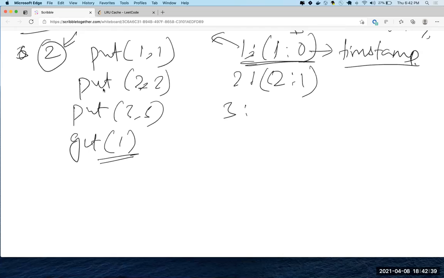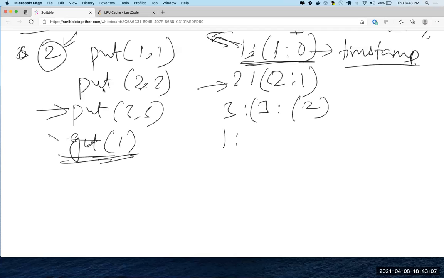Yeah, in your example, when you actually get one, it will have the count of 2, which is the most recent. And when you want to remove the next one, you can remove the one with the value of 2, which has the count of 1. No, when you did a put of 3, 3, you actually evicted 1, 0. Yes, exactly.